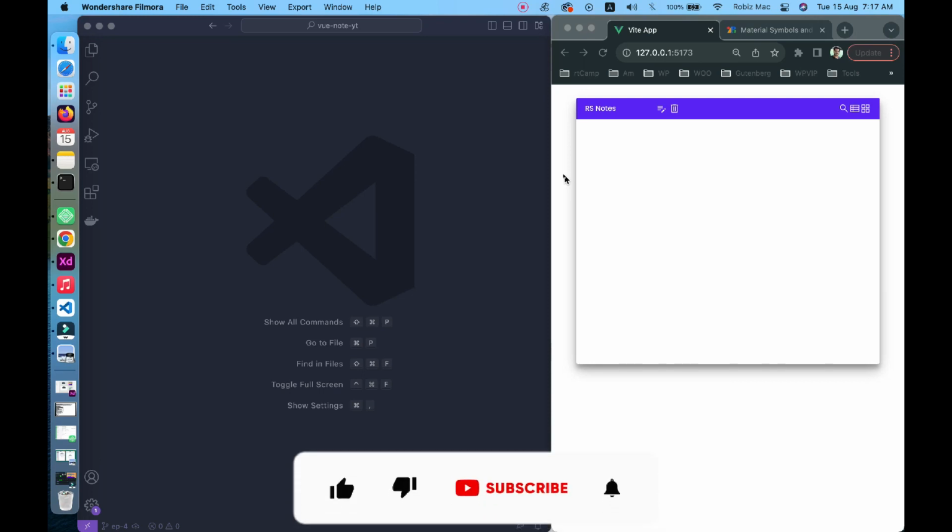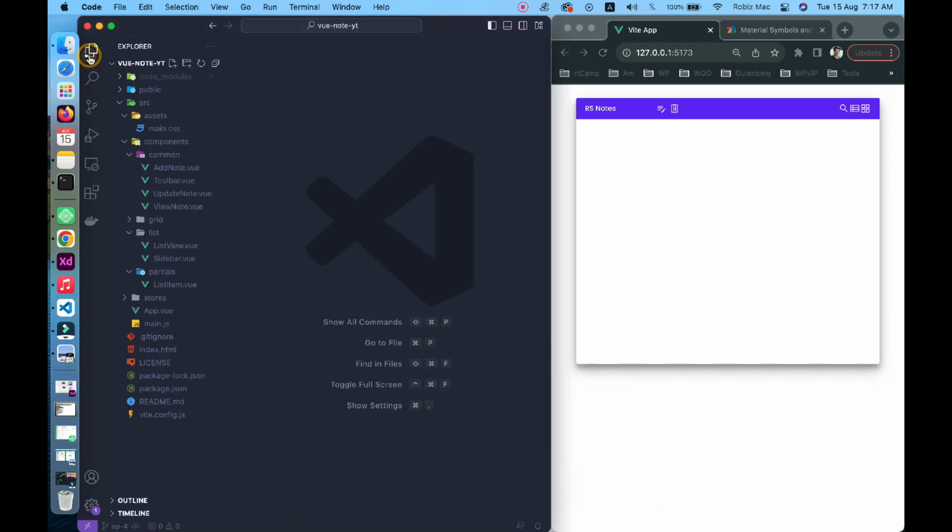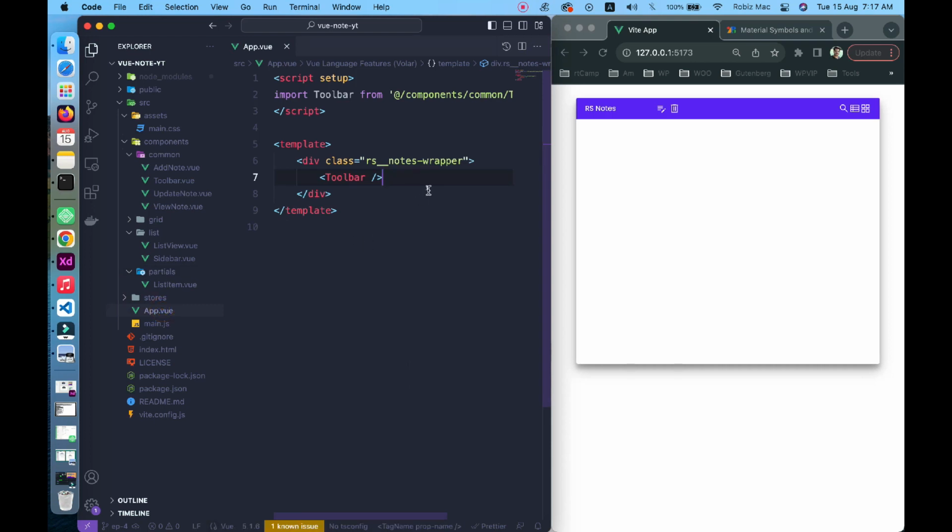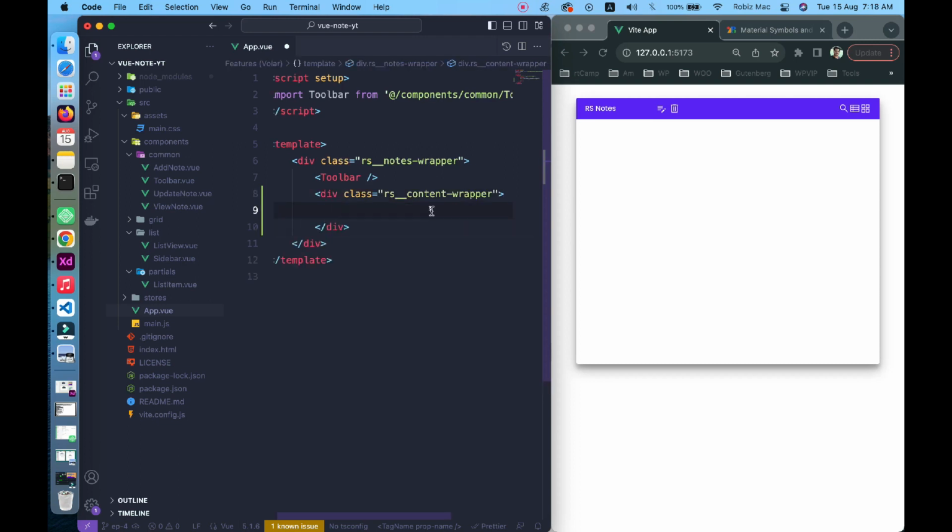All right, so now let's start with the list view. So let's open the code and open the app, and inside that I'm going to add a wrapper class which I will call rs content wrapper, like so. And inside that I will use one custom component, which is list view that we have already